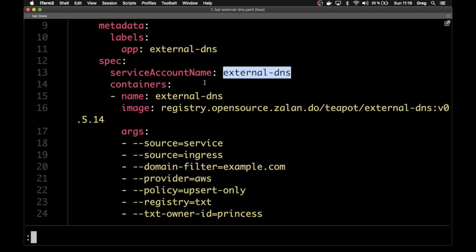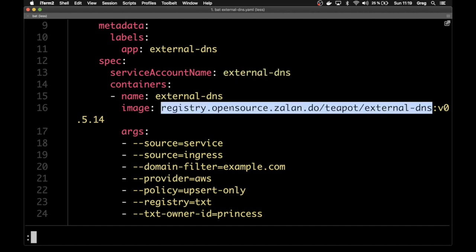And the reason it does that is because my cluster is an RBAC enabled cluster, so it needs the permissions to access the ingress and service and figure out what are the DNS. Second, it relies on the external DNS Zalando image, so that's actually the latest one.